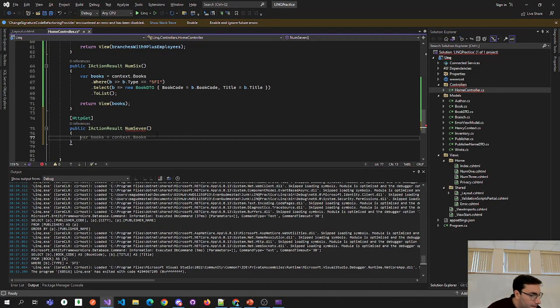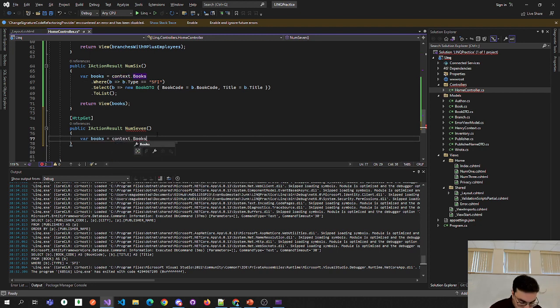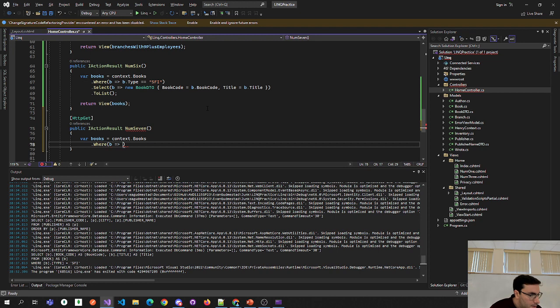So var books equals context dot books dot where b dot book type dot type equals SFI